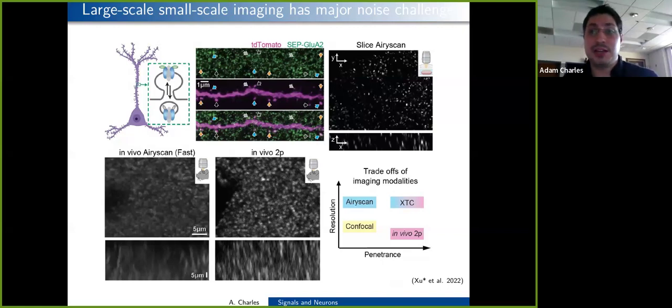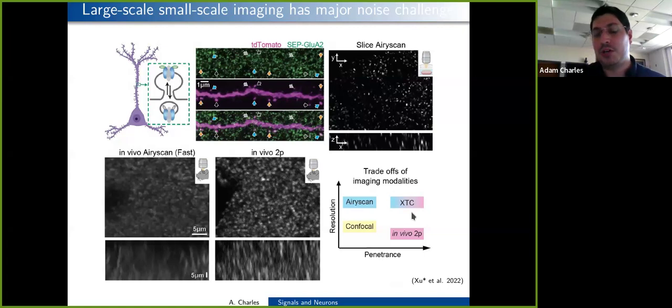You could try to do something like high resolution or super resolution Airyscan imaging that works great in vitro, right? So if you have a little dish and you have your sample in the dish, it works beautifully. Look at these beautifully isolated synapses, right? It's amazing. It does not work in vivo. Slight motion just ruins the whole thing. And so we really wanted the resolution of Airyscan. We wanted the penetration and ability to use it in vivo that we get with two-photon microscopy. And so we used machine learning to create this